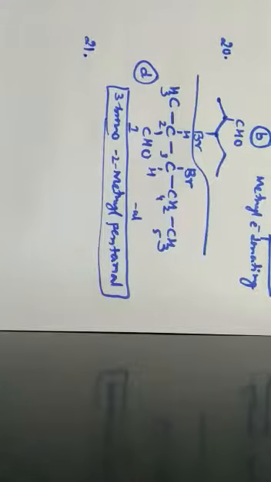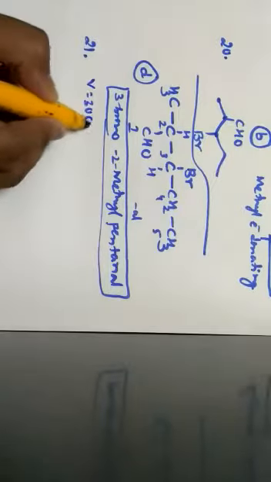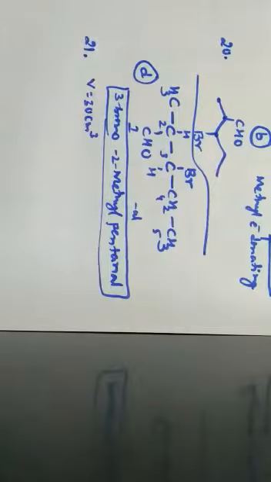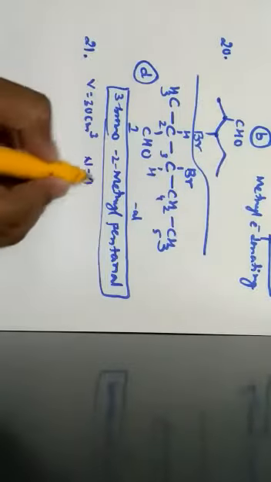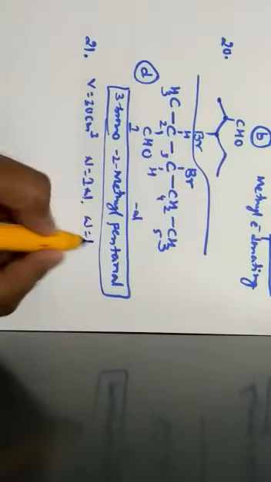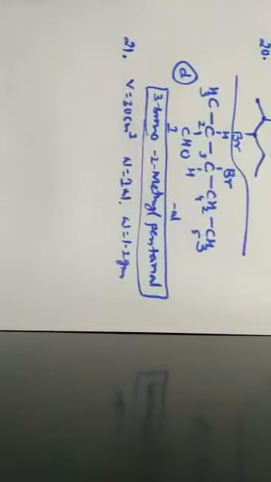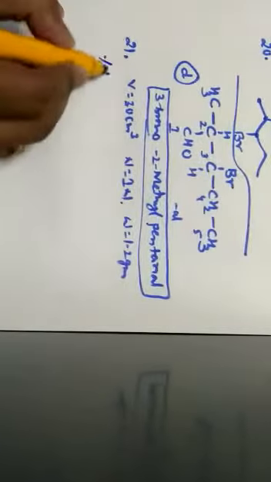Next one, question number 21. 1.2 grams of an organic compound on Kjeldahlization liberates ammonia, which consumes 30 cm cube of, so volume is how much? Volume is 30 cm cube of 1 normal. So normality is what? It is 1 normal solution. The weight of the organic compound that is given is 1.2 gram. The percentage of nitrogen in the organic compound is, so they are asking us to calculate the percentage of nitrogen.